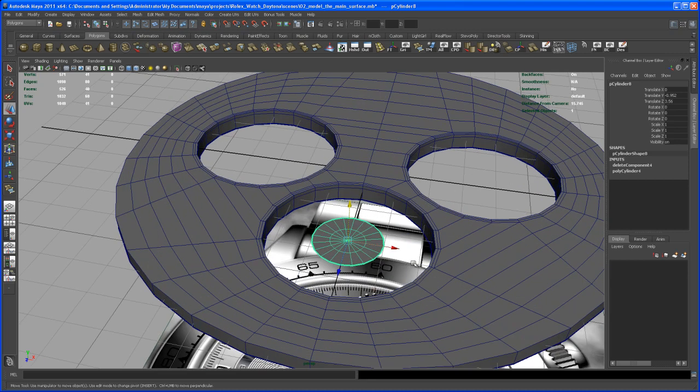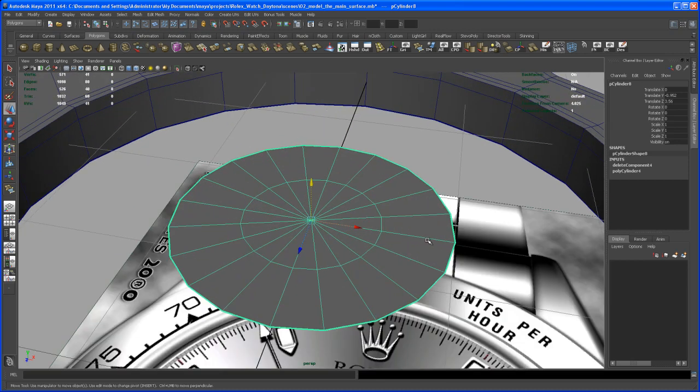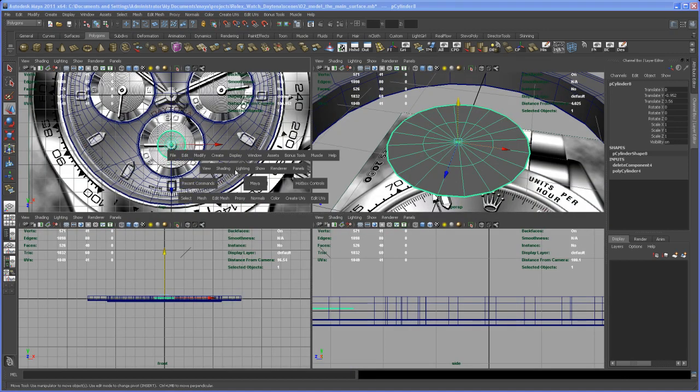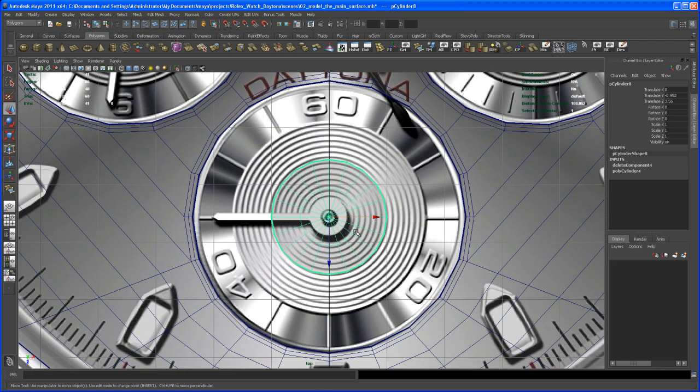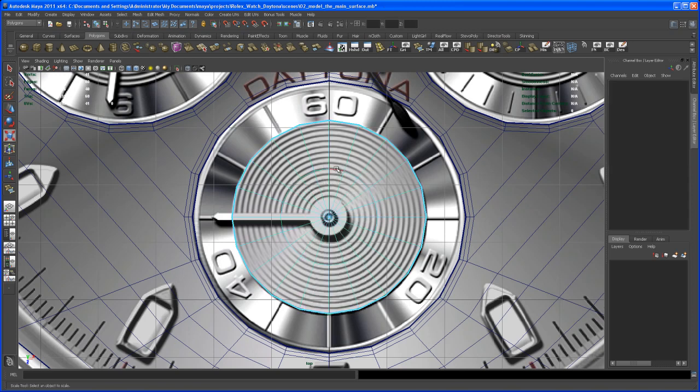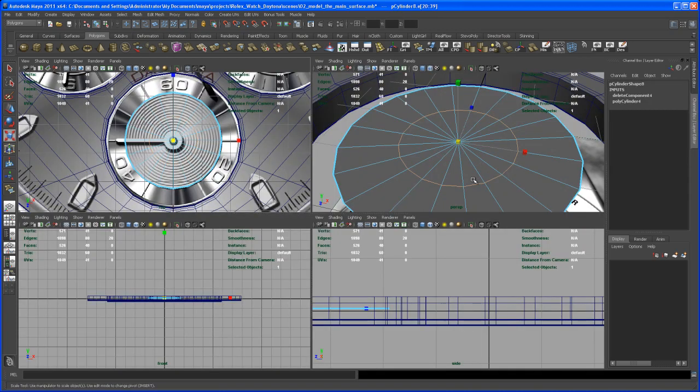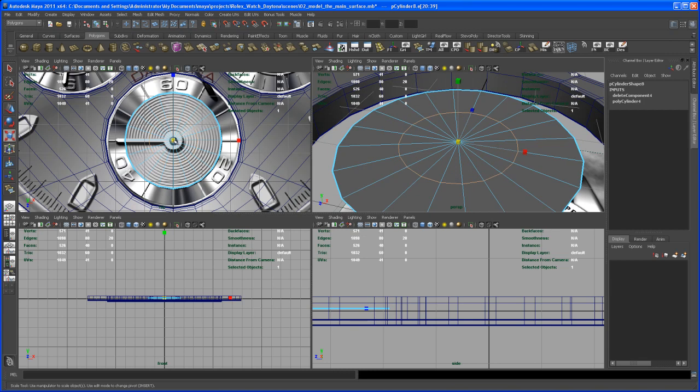And now let me hit F to zoom in on that, or frame in on that. We have to first scale this guy up to a point that it fits with the background image, somewhere about here. And now let's go in and select this edge loop here, and let's scale that down